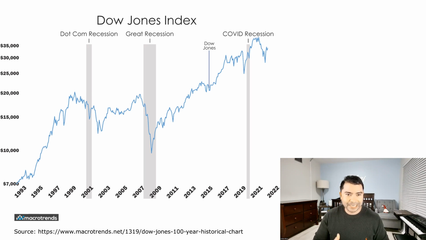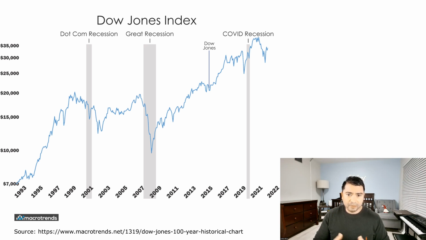Let's take a look at the stocks. Here's the Dow Jones. Why not the S&P 500 or another index? Well, I'll be the first to tell you that I'm definitely not an expert within the stock sector. I'm only an expert in a bull market. With that being said, I've recently watched an episode of Mad Money with Jim Cramer, and in that episode, he specifically mentioned that the Dow Jones is more directly connected with the other metrics that we're going to be looking at in this video. With that being said, I'll go with his guidance.